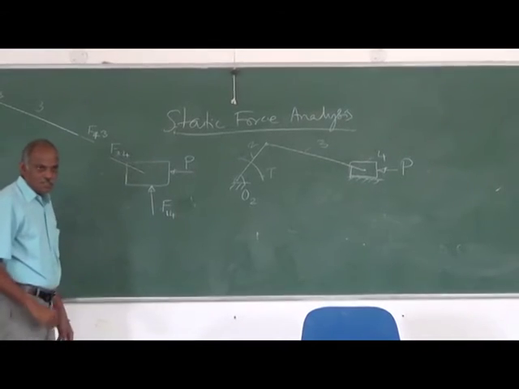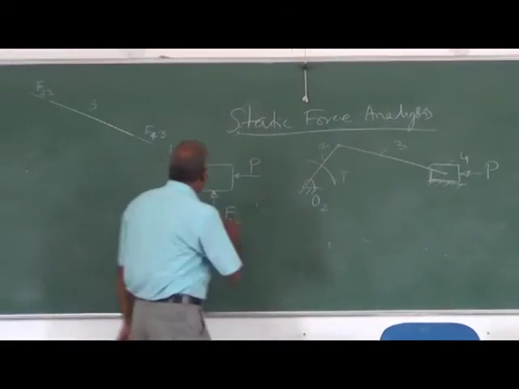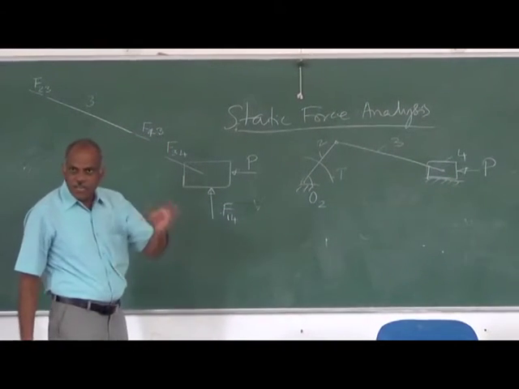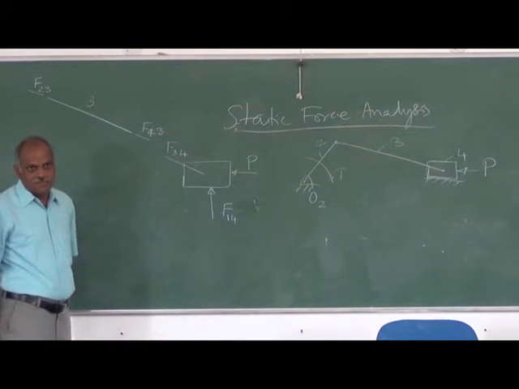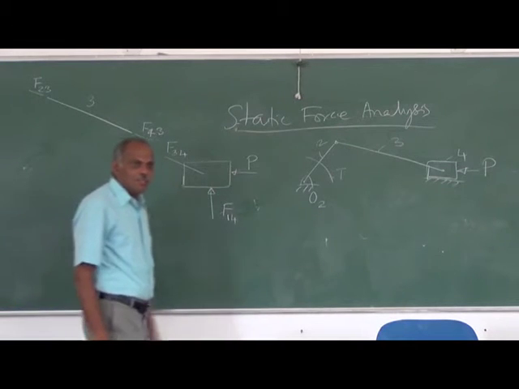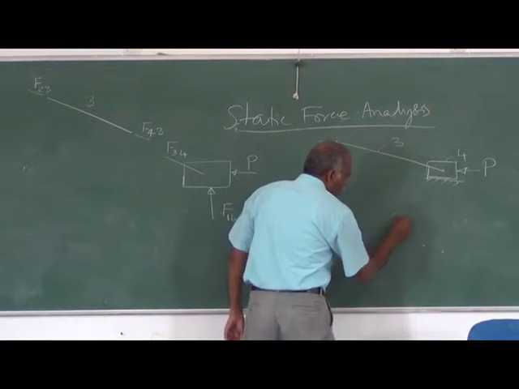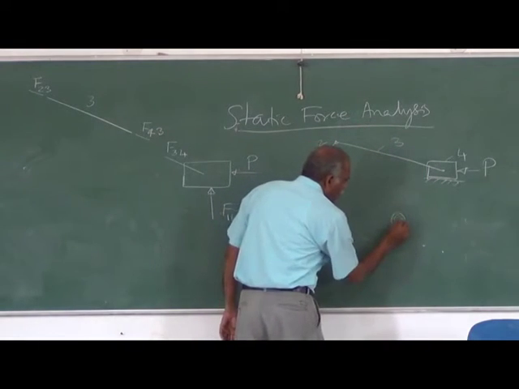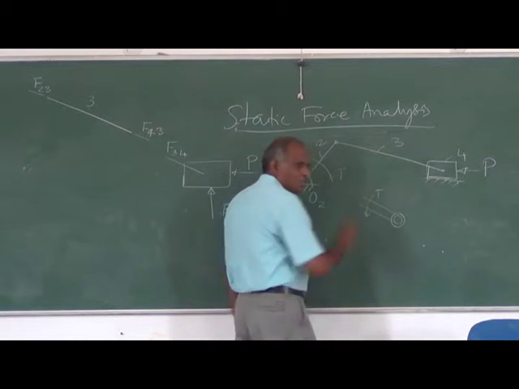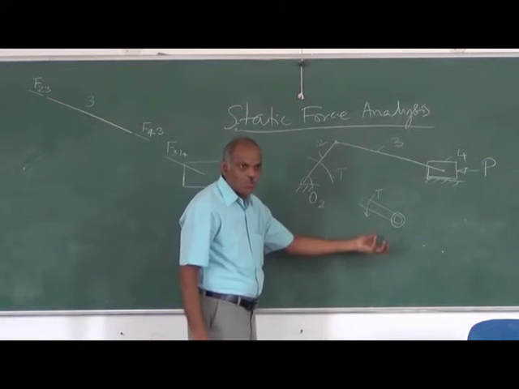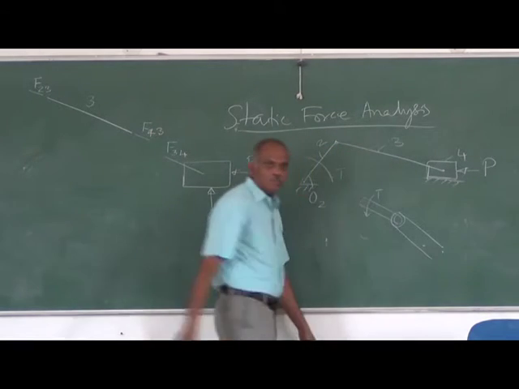But here, in the interaction between the coupler and this, I have indicated only the forces being transmitted, I have not indicated the couples. Why? If you look at the pin joint or revolute joint, when you apply a torque on one part of the linkage here, it will simply yield to the torque. It cannot transmit the torque to the other linkage.